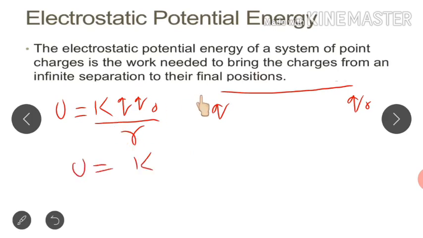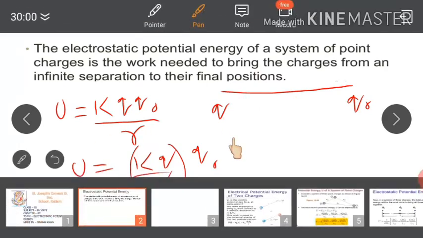Now we know this thing, U is equal to k q upon r q0. Simply I have written these three. If we talk about k q upon r, what is k q upon r? 1 upon 4 pi epsilon naught q upon r. It is the potential at this point due to this charge q. And what is q0? q0 is that charge which is brought from infinity in the electric field of charge q. So there is some relation. So now what is that relation? The same expression we can write in this way, which I'm going to tell you now.